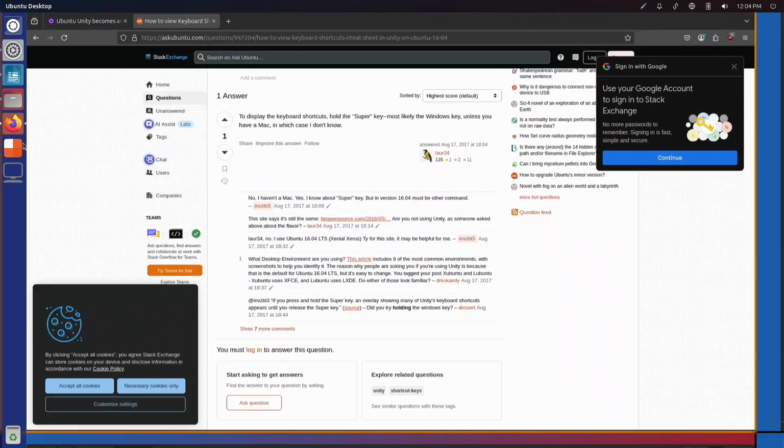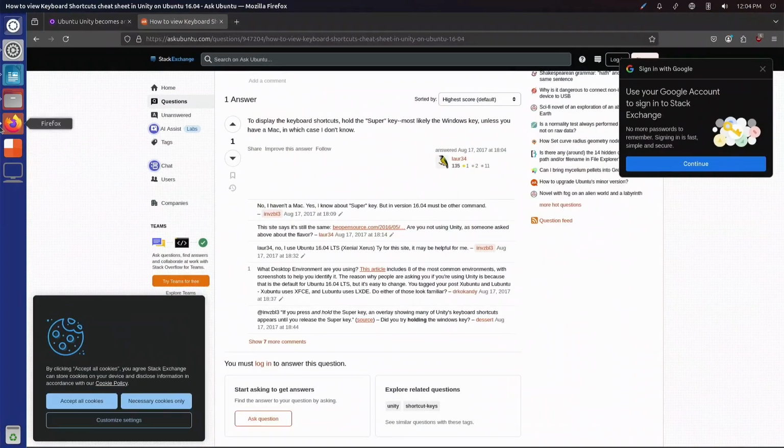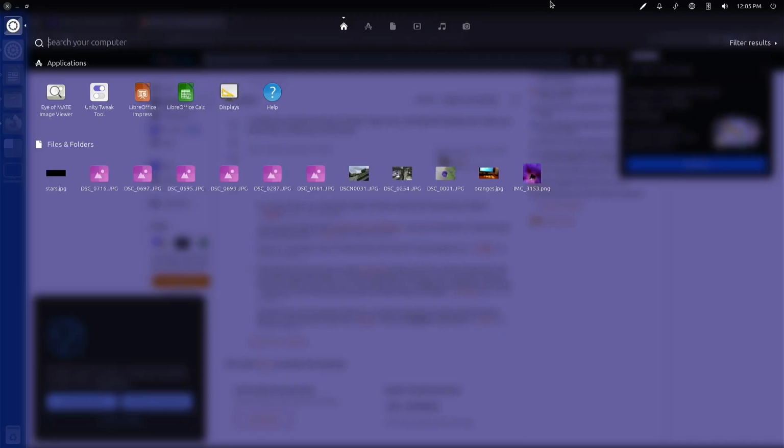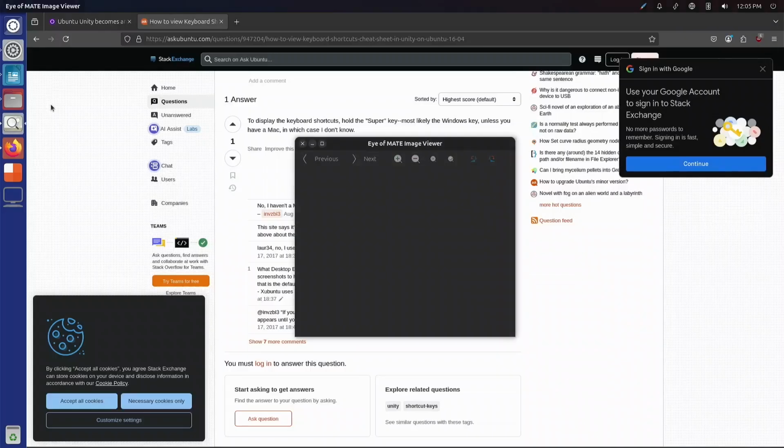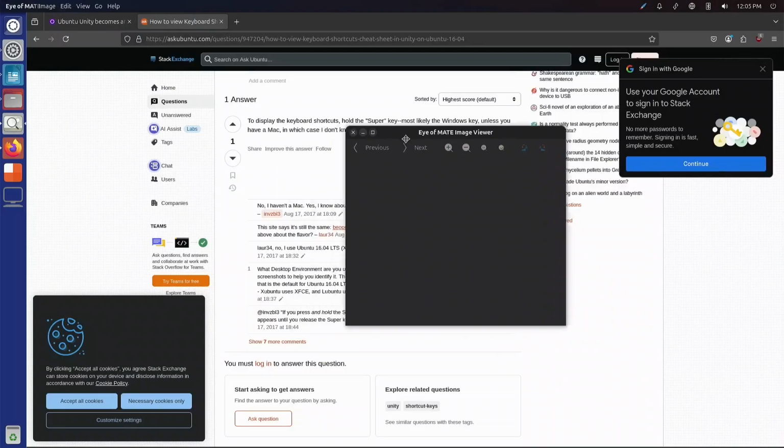Accidentally clicked the show desktop button. I said I was gonna test the Wacom tablet. Okay. Eye of MATE. That's the image viewer?